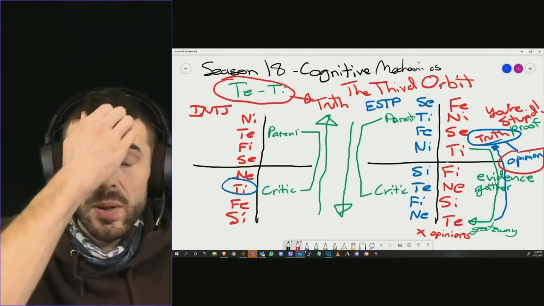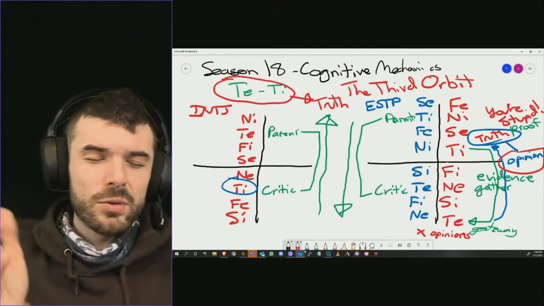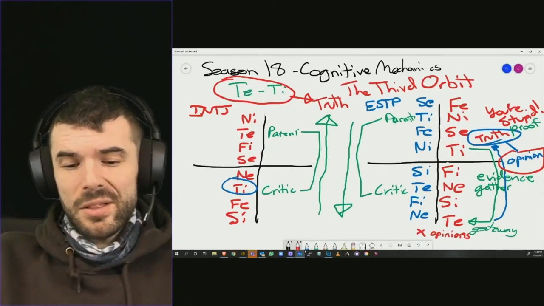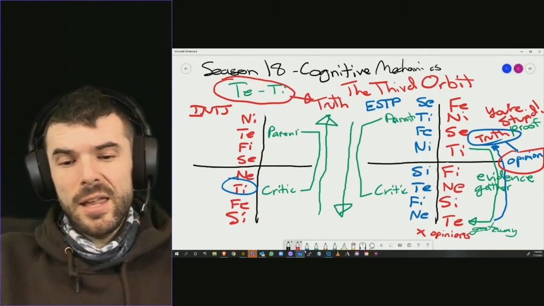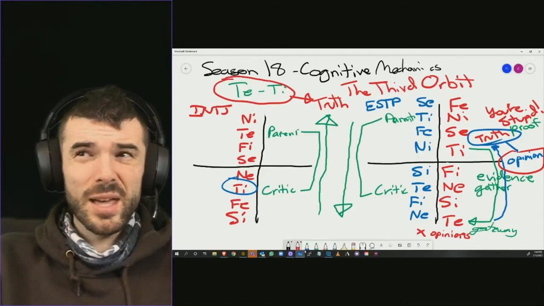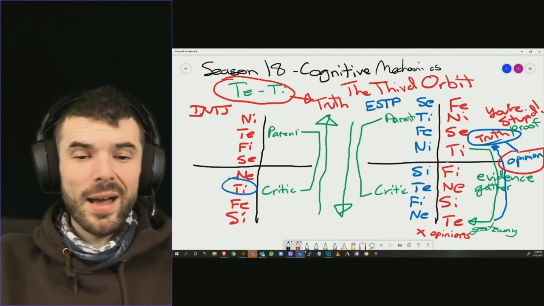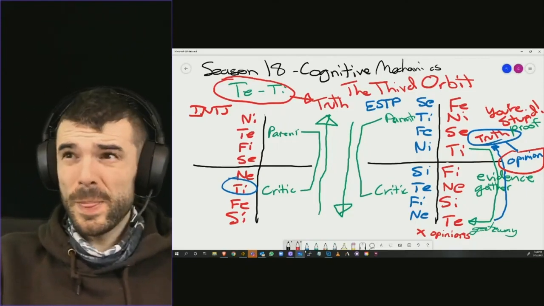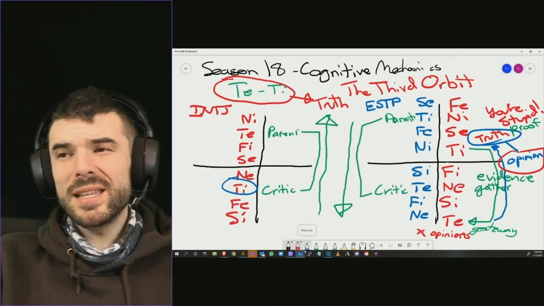Now, a TI child will have a little bit more, because TI's logos is logical. You can arrive at a truth regardless of the input that it's working with. But being able to gather input, or gather evidence, at the same time, and then extract truth from that by processing that input or evidence, is going to have a higher chance of arriving at a truth conclusion. So I often say that TI is truth oriented. It's technically not.